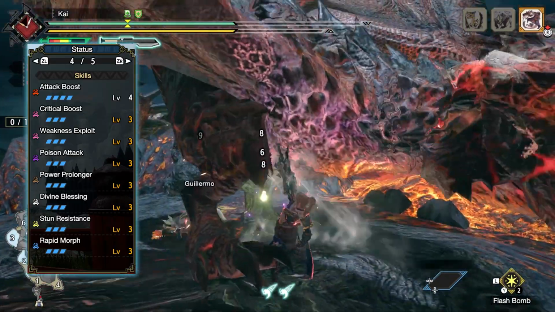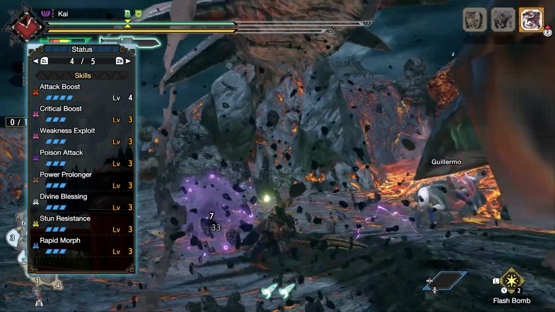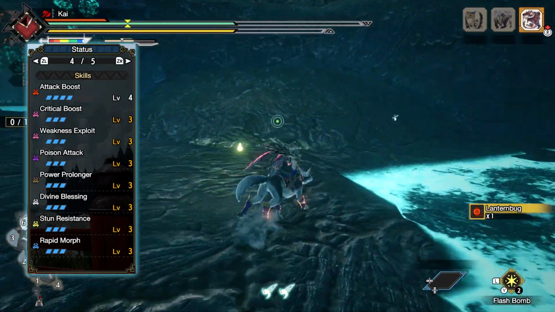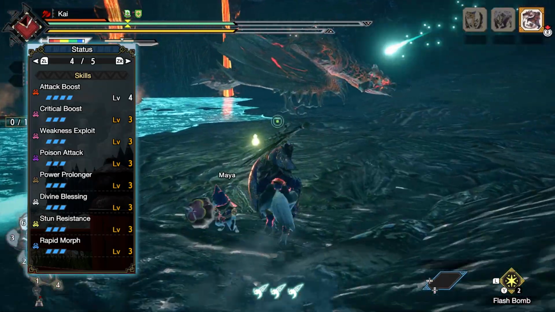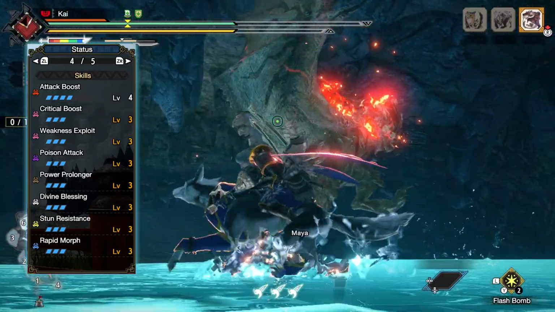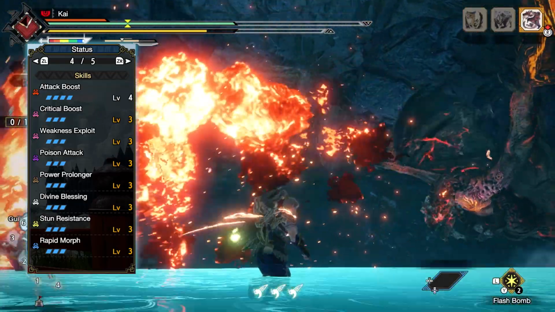This is a quality of life skill that removes one of the more annoying parts of the Switch Axe. You'll then have Divine Blessing at level 3, our main defensive skill, that gives us a chance at taking reduced damage should we take a hit from a monster. You'll then have Stun Resistance at level 3, another quality of life skill that negates the stun effect on our hunter. You'll then have Rapid Morph at level 3, a wonderful skill for the Switch Axe that increases how quickly